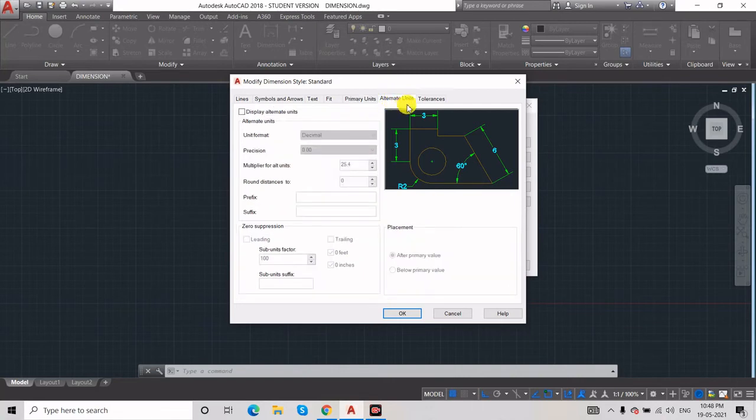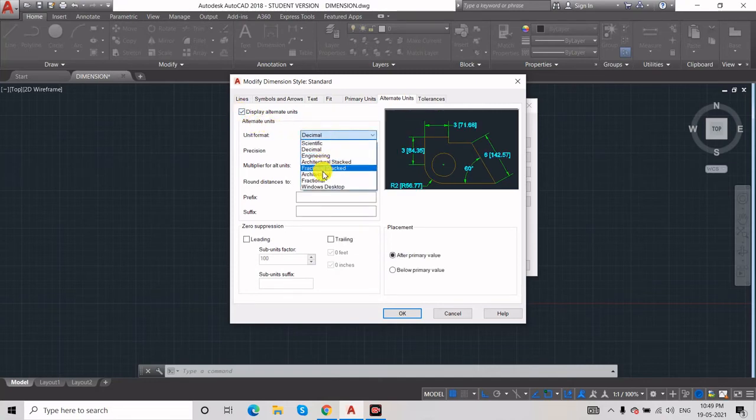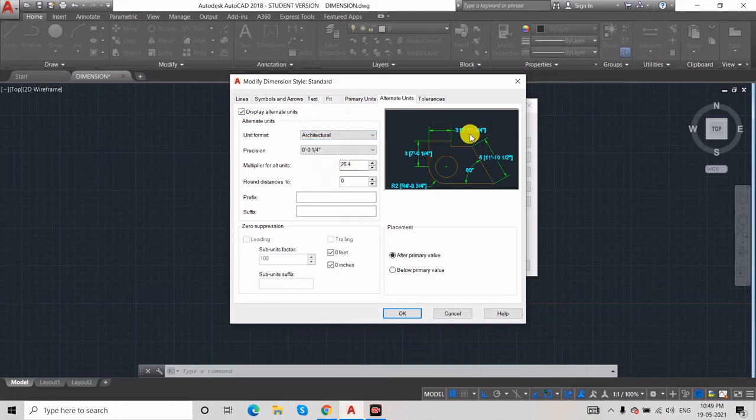And come to the alternate unit. In the alternate unit, for example, the drawing is in inches or meters, anything. If I want to show feet or inches, anything, I will click here on display. In the display you can change as per what you want to convert. For example, I want to show meters as feet and inches, so I will keep the alternate unit as architectural, so it will automatically take feet and inches.